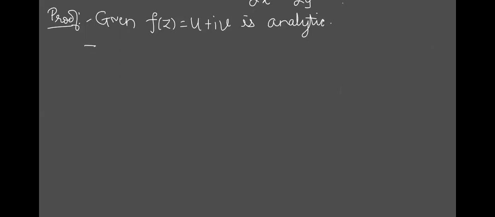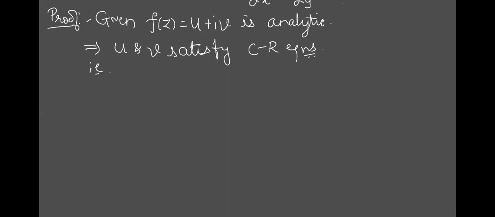Whenever you say a function is analytic, till now in the present class, we know that u and v, don't say f of z, satisfy the CR equations, because the CR equations are in terms of u and v. So we say that u and v satisfy what? CR equations. Now tell me, what are the CR equations? You don't remember the CR equations?